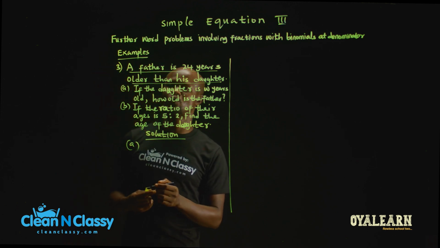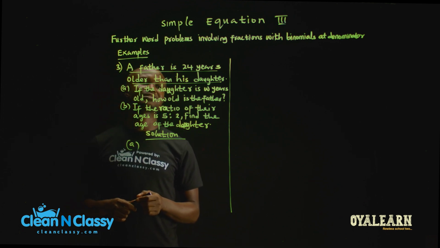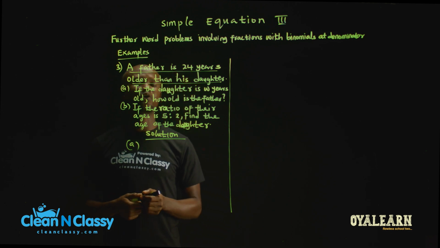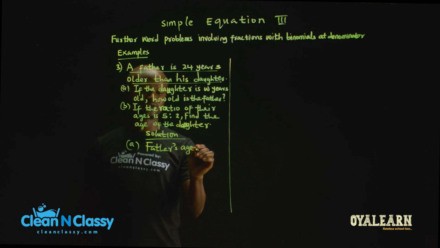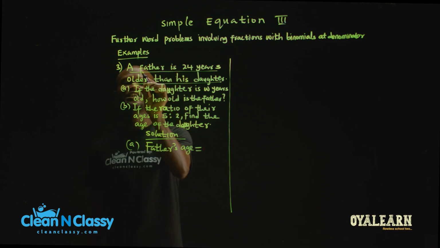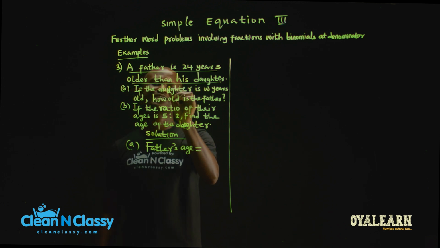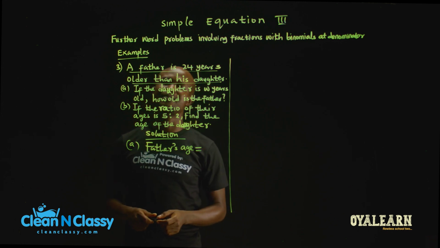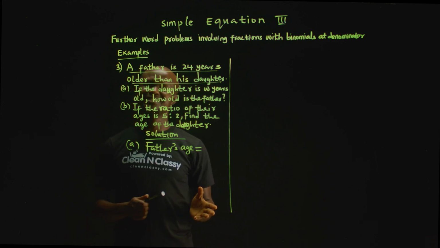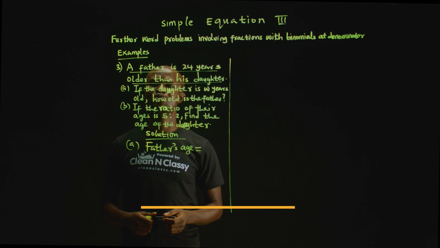Now, in the first part of the question, we have: if the daughter is W years old, how old is the father? So the father's age equals what? From the first statement, a father is 24 years older than his daughter. That is, the age of the father is greater than the daughter by 24 years. Greater than means you are going to add 24 to the age of the daughter to get the age